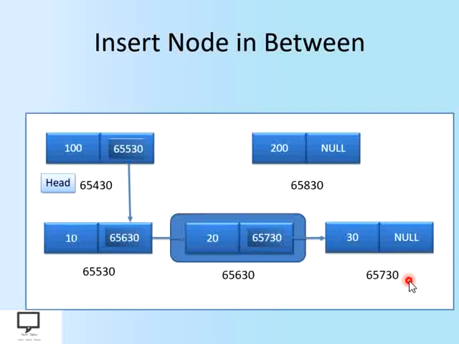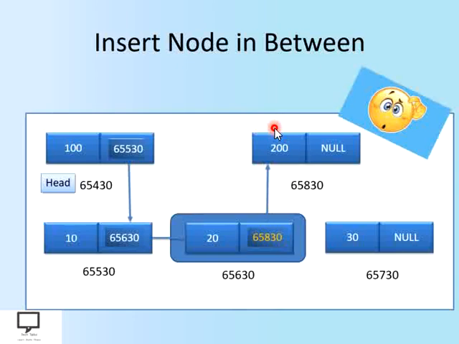So now first step, what do we have to do? We are going to change, just as I explained right now, the address location. I'll remove this link, and after changing this address location, it is forming a logical link between this node, that is node 20, and node 200. But now can you think about how we are going to form a link between this newly created node and the last node of our linked list?